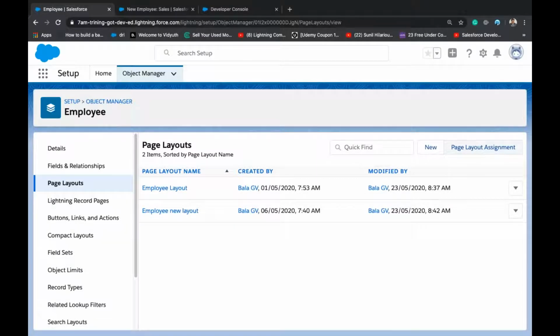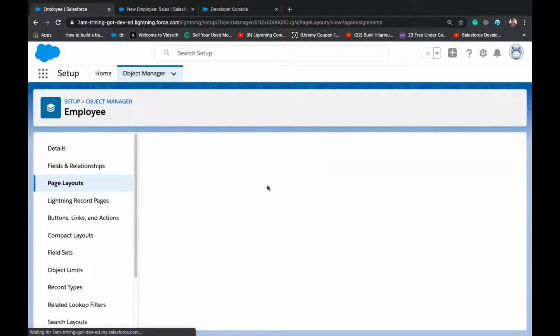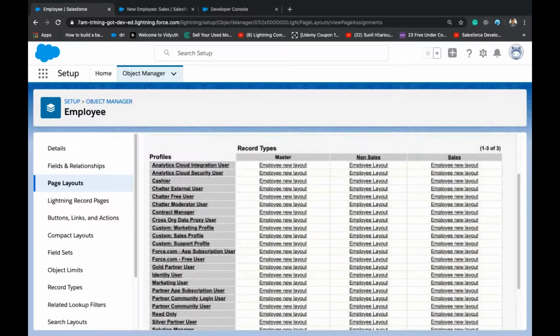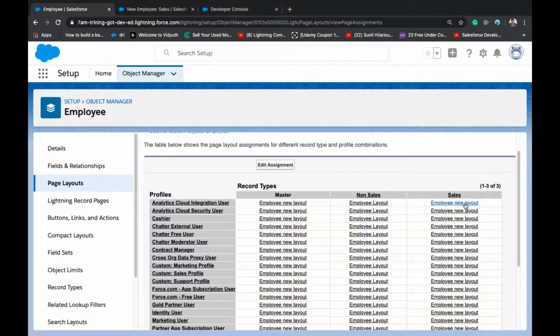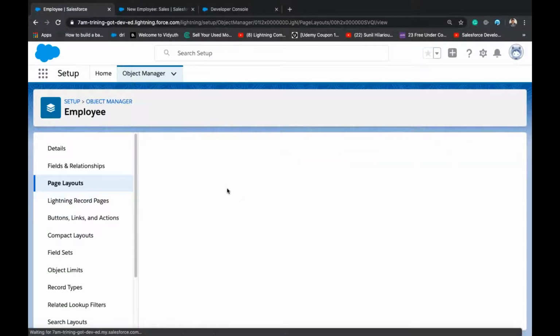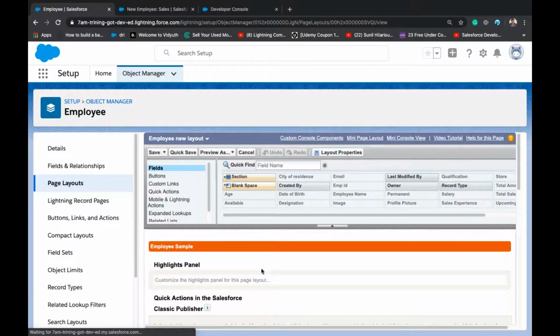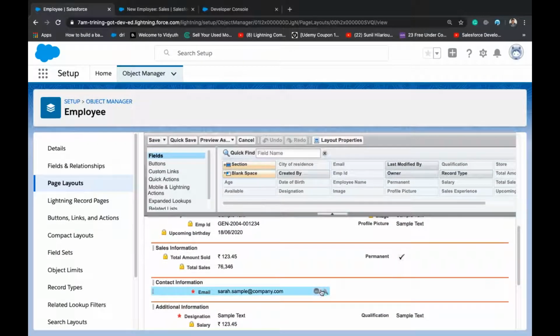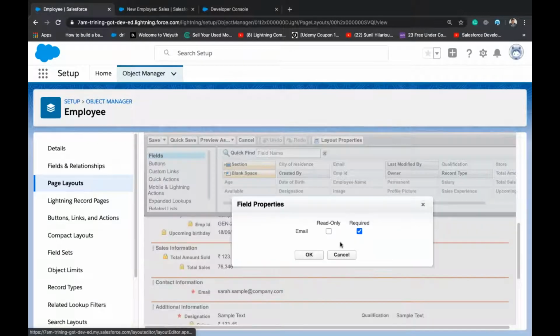So I can just go to page layout assignments. Then for sales, I can see the new employee layout is assigned. So I can open the layout directly from here, scroll down to the email section, click on this property wrench icon and remove this required.